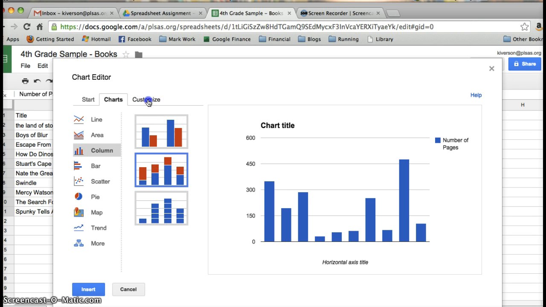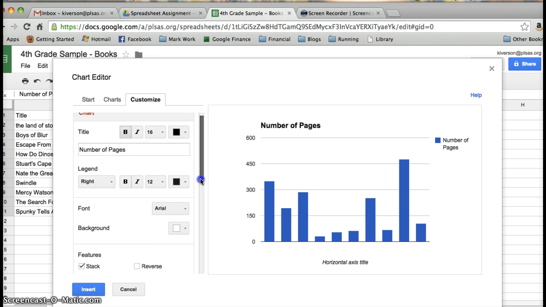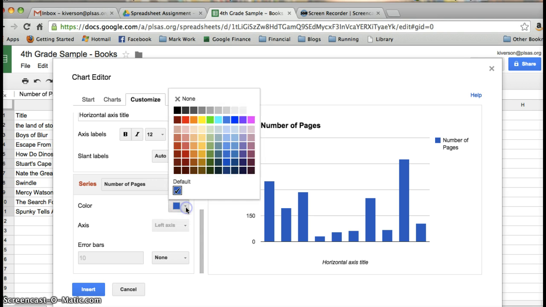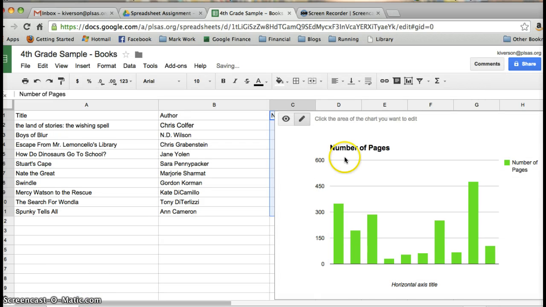If you want to, you can go to Customize, which lets you do things like give your chart a name. That's a good idea. You can change the font if you want to, or if you scroll down a bit, you can change the color of your bars. So if you want to do that, go ahead. And then when the graph looks the way you want it to look, you click Insert,